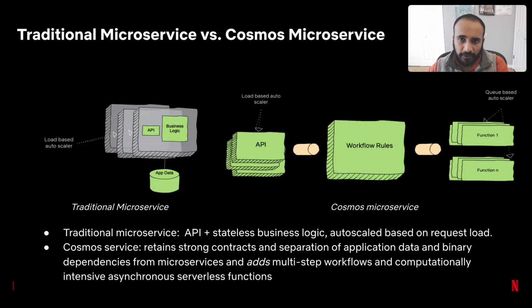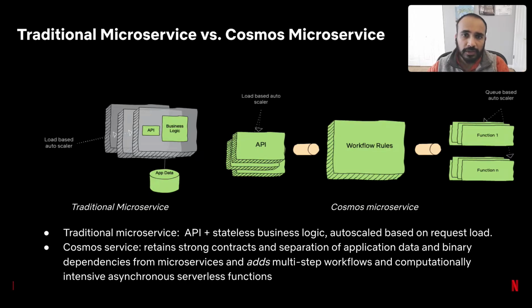Cosmos is a computing platform that combines the best aspects of microservices with asynchronous workflows and serverless functions. Its sweet spot is applications that involve resource-intensive algorithms coordinated via complex hierarchical workflows that last anywhere between minutes to hours. It supports both high throughput services that consume hundreds of thousands of CPUs at a time and latency sensitive workloads where humans are waiting for the results at the end of a computation.